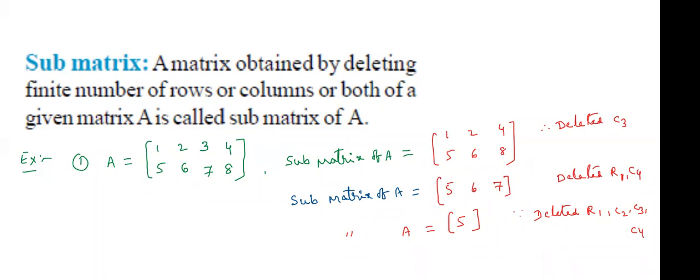Then it goes to a 2 by 2 submatrix of A. There again we need to find the det. If it is not equal to 0, the rank will come. If it is equal to 0, we can go to another method. That is why we delete rows and columns like that.